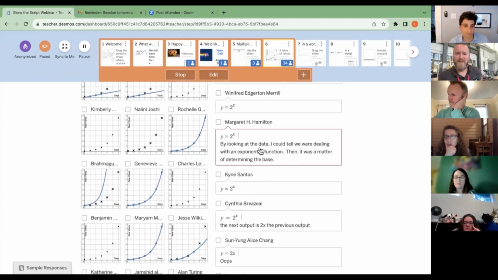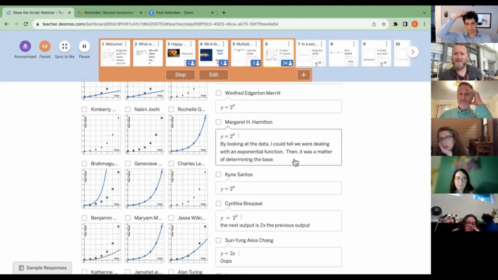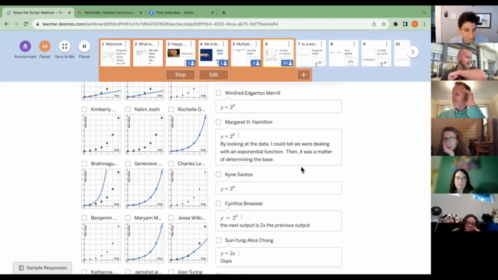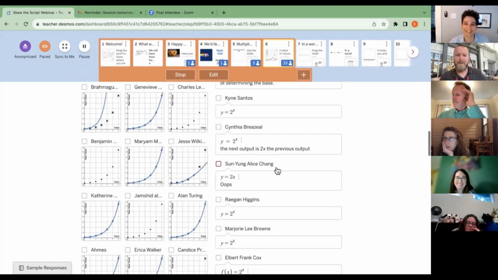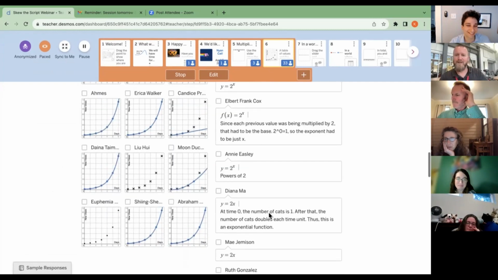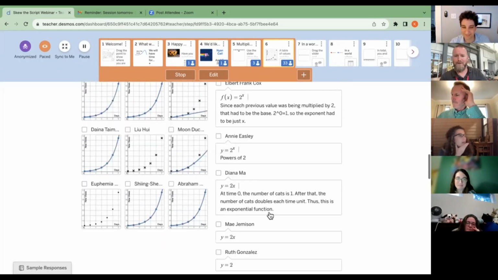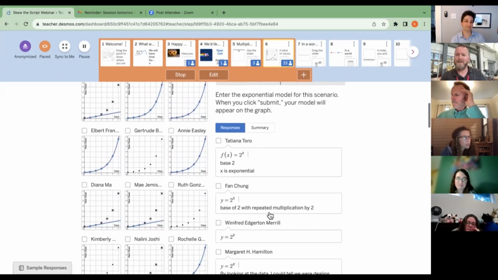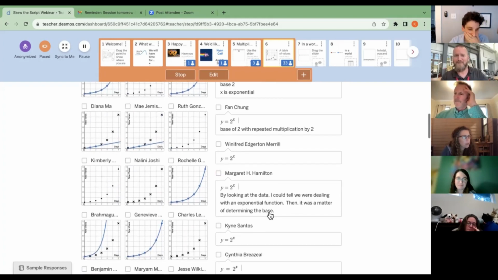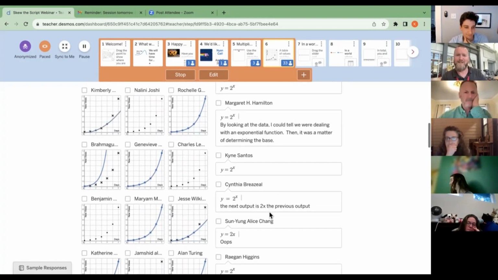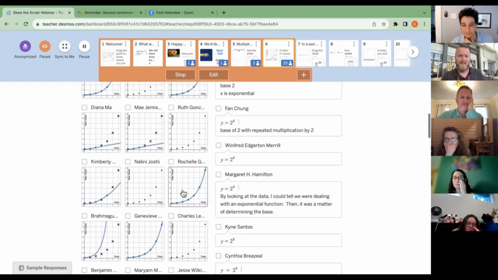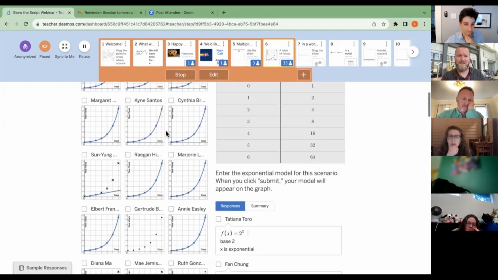So I can see here, like, this student wrote y equals 2 to the x. By looking at the data, I could tell we are dealing with an exponential function. Then it was a matter of determining the base. A very precocious student. Yeah. So you can look through here, and you could look for responses that you want to show. This kind of keeps students on track, I guess, if they know that you can see their work. We could see all the different types of graphs that students are